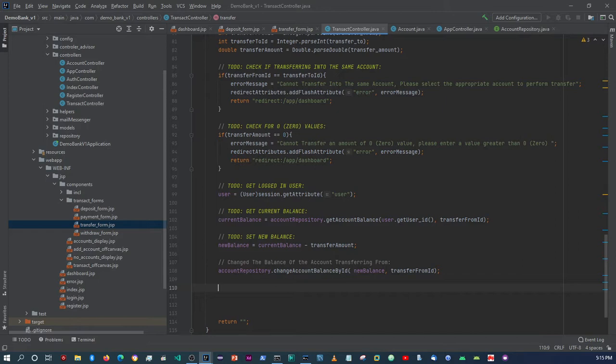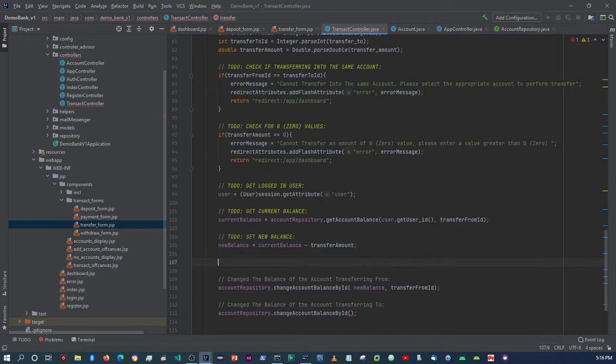All right, so here we can say account repository dot change account by id, right? So here is change, let me copy this comment here, right? Okay, change the balance of the account transferring to. Okay, so we need to set another balance here, double,